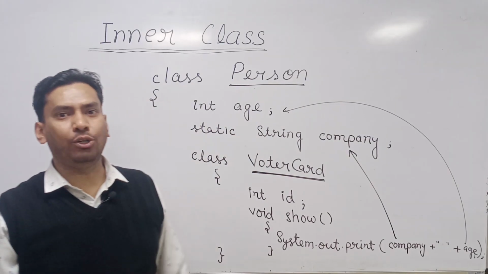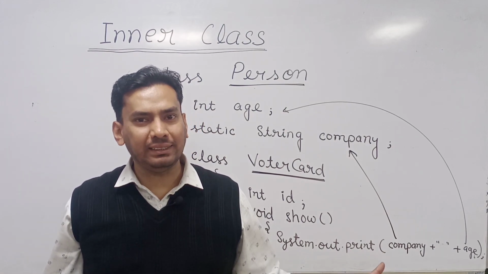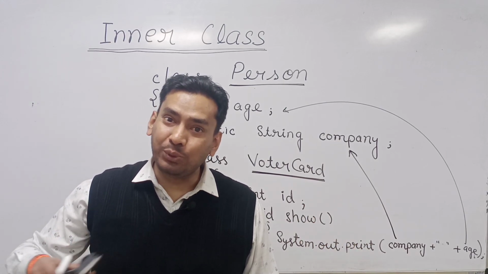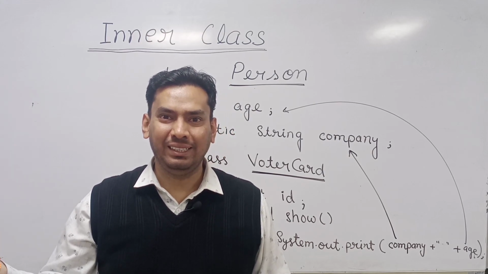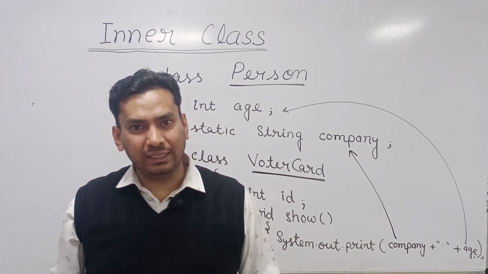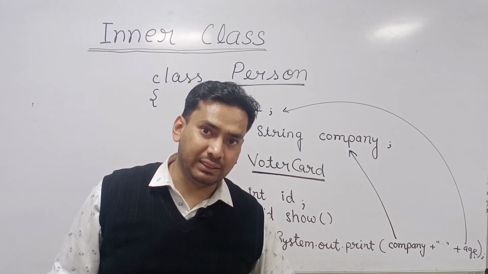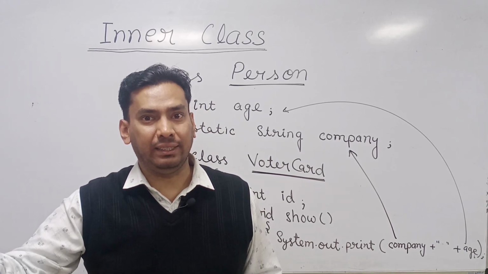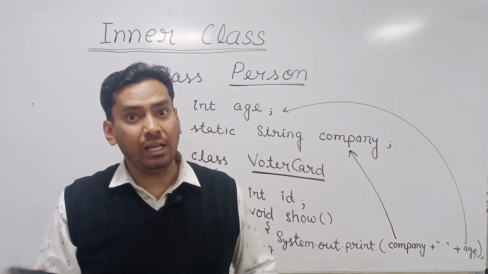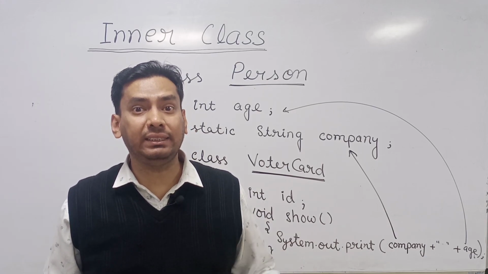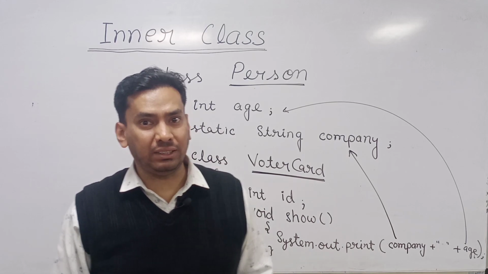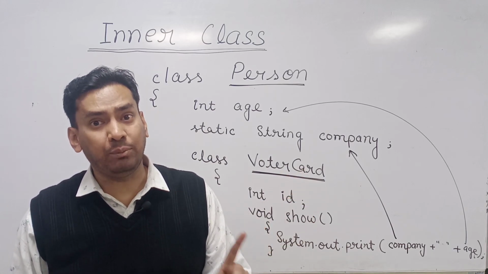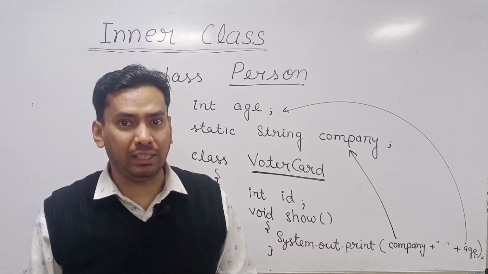You need not to create the object of outer class, and the reason should be very clear. Because when you created the object of the inner class, outer class object is already created. And in case of a static nested class, when you create the object of the static nested class, it might be possible that the object of outer class is not created. So if the outer class object is not created, how the instance variable of outer class will exist? That's why there is a restriction that to access the non-static member of outer class, first you will have to create the object of outer class. Then only this instance variable will exist.